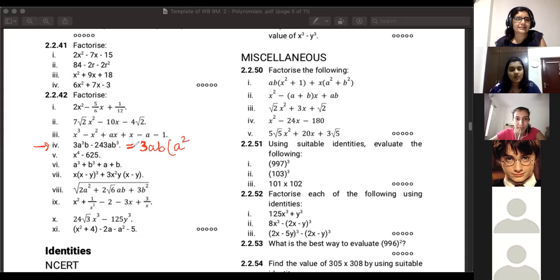Yes. So a square, because it was a cube b, I took out b, took out 3, and from a cube I took out a, meaning you'll be left with a square. Because when you multiply it, you need to get this back. So that's your check. Okay, a square minus 81 b square. Now, you've taken out whatever you can common out of it. Now, can you apply any identity here?